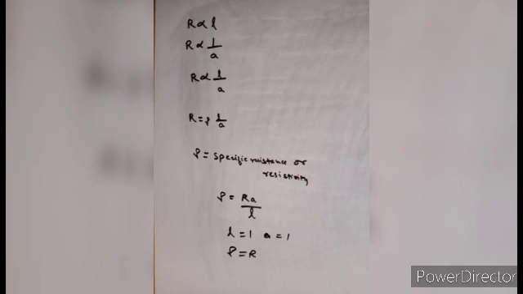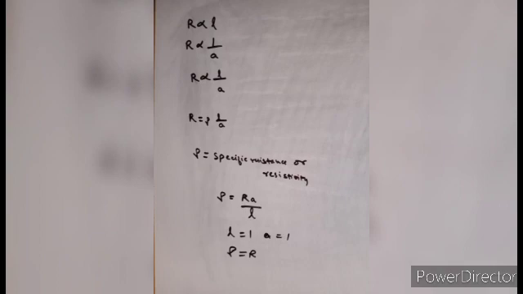Now, factors affecting resistance of a conductor. The first one is the nature of conductor. The second one is the length of conductor. Third is the thickness, and fourth is the temperature. So how is it dependent on the nature, that is the material of the conductor? Different substances have different concentrations of free electrons, and therefore the resistance of a conductor depends on its material, such as silver, copper, lead, aluminium.